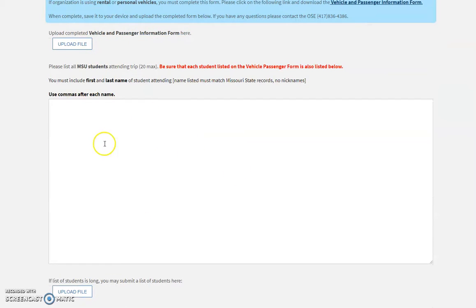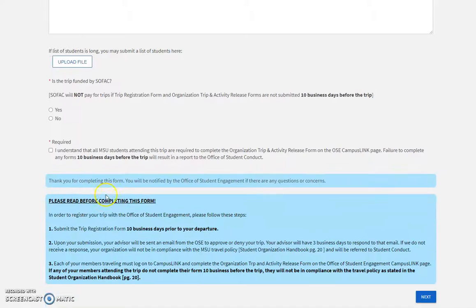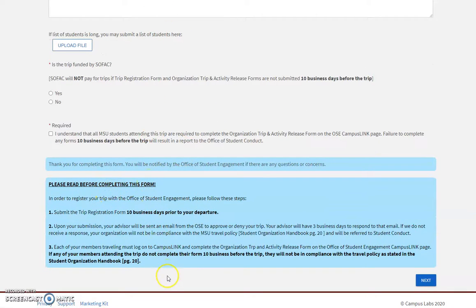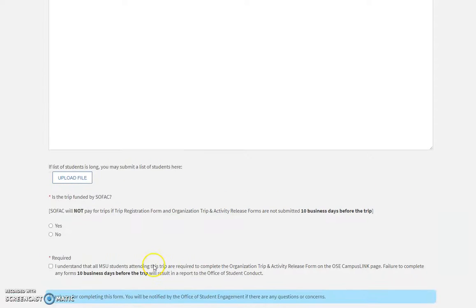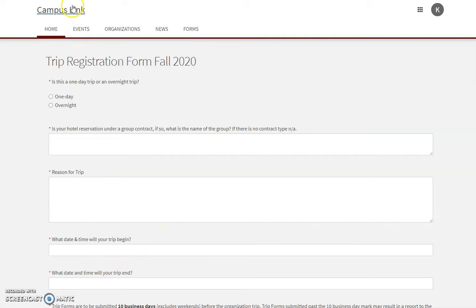Then down here you enter the name of every person attending. If the list is really long and you'd like to submit a spreadsheet or something like that, you can upload that instead here. So once you're done completing all of the questions on this form, you can hit submit. And then the second thing that you need to do